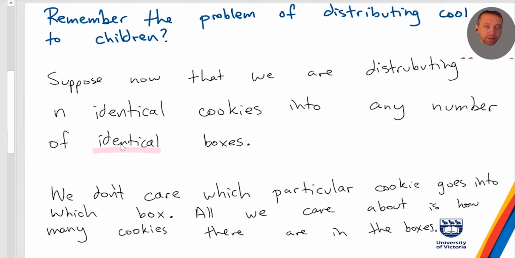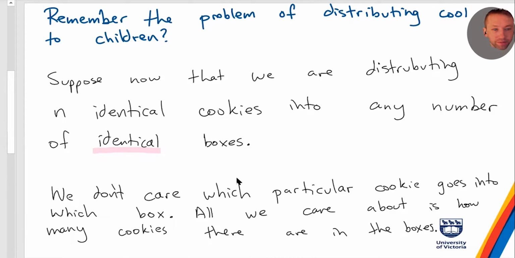So remember this problem of giving cookies to children, right? You have n cookies and you have k children. All the cookies are identical, and you want to break them up and give them to the children. You want to count how many ways there are to do that, right? And the answer was n minus 1, choose k minus 1, if you wanted to give at least one cookie